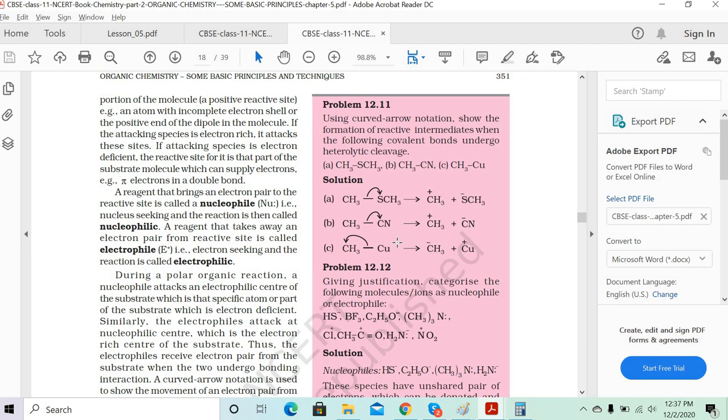Now the second part is clear, no? Only the first part was the heterolytic cleavage which is happening here. That's why we are showing it with a single arrow. That means both the electrons shared between the carbon and the sulfur go to the sulfur, because sulfur is more electronegative. So it takes both the electrons to itself and develops a slight negative charge, and the carbon develops a slight positive charge. That's why the carbocation happened there. Okay. Clear?